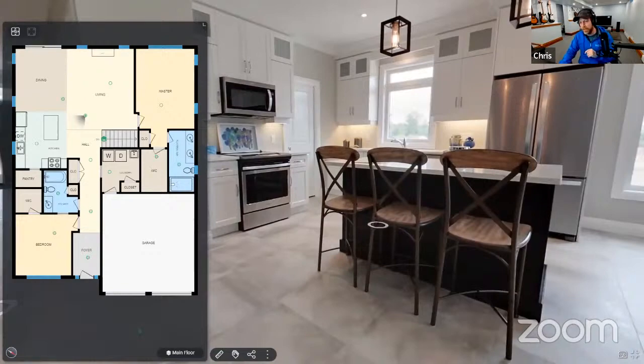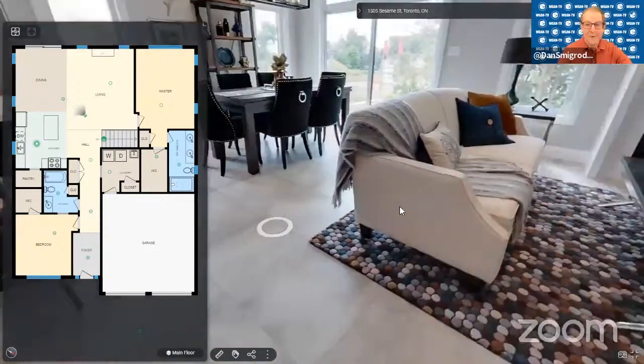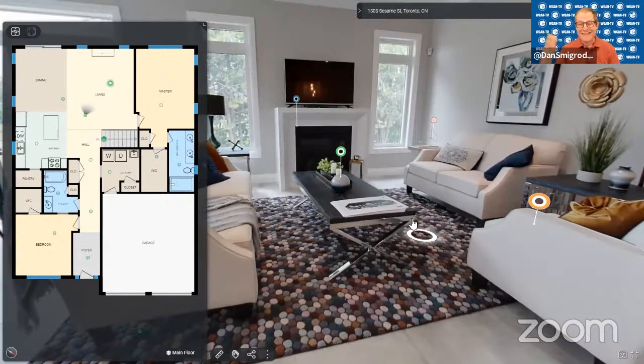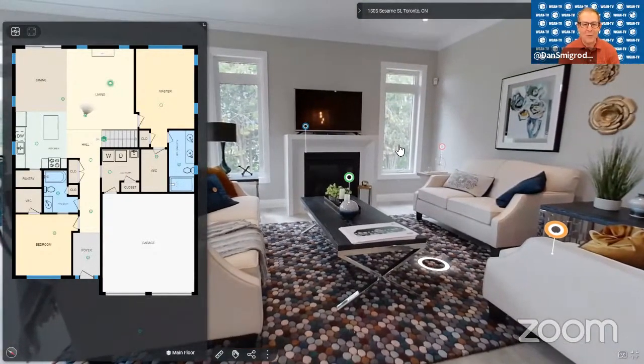Does that make sense? Yes, but it does beg the question, because I see lots of things in the top right corner, something in the middle. I see something to the right of the floor plan. I see different color lollipops in the middle. Take us through everything that we're looking at.